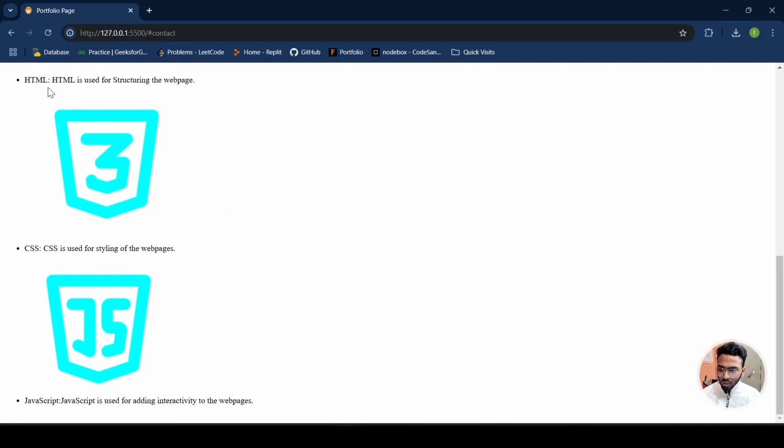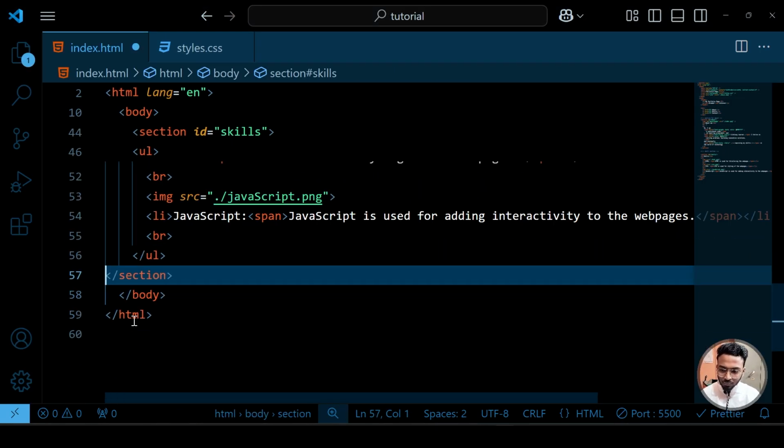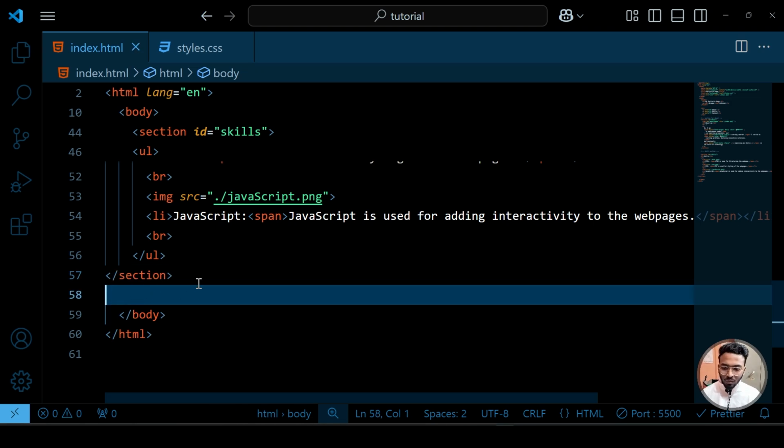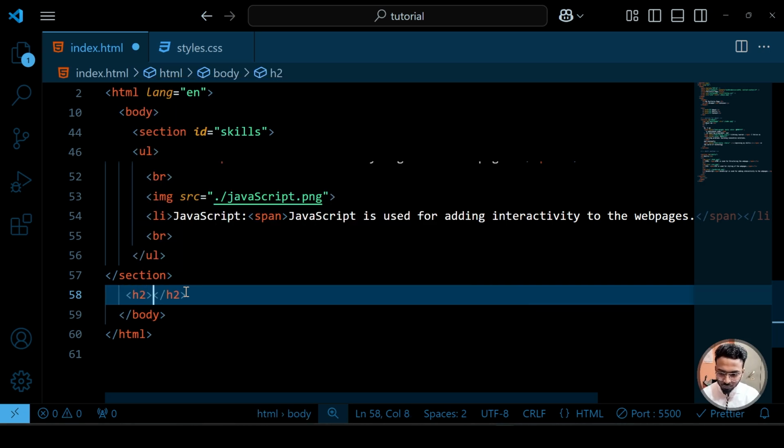So here we have a short description for each. Then let us have our experience, which we will create using tables. So simply h2 for our heading, that is experience,